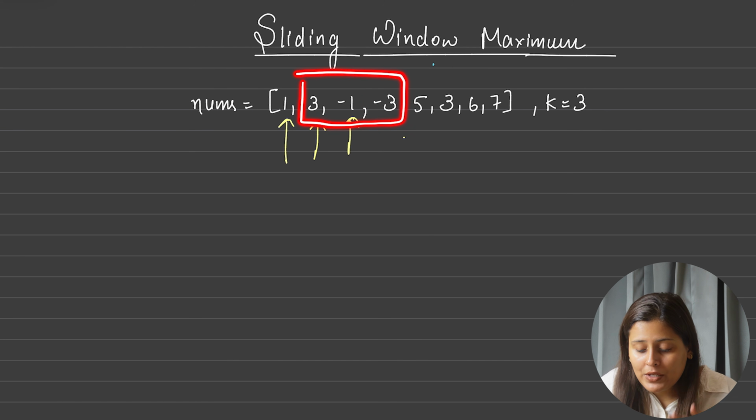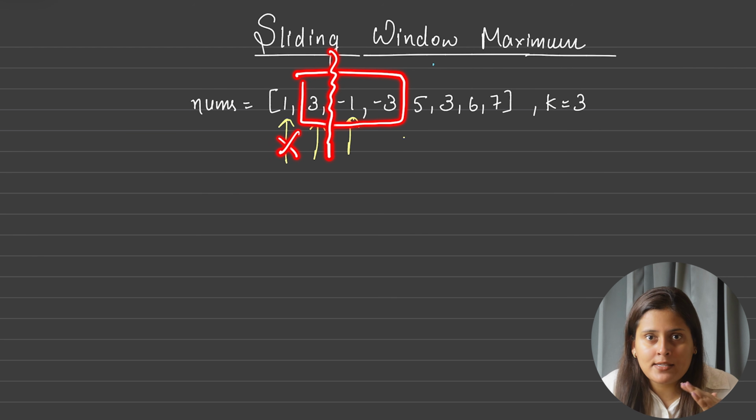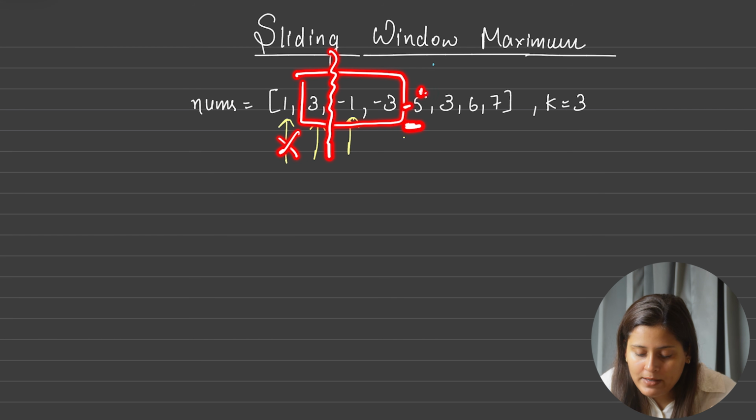Now see the third window. When we are removing this, we are removing the maximum value, and now for this window we have to calculate our answer again, or else we have to maintain the second maximum, third maximum. Correct? Here you can say that yes, 5 is the maximum, why calculate? But suppose this was minus 5. Then we have to calculate again for this whole window what the maximum is.